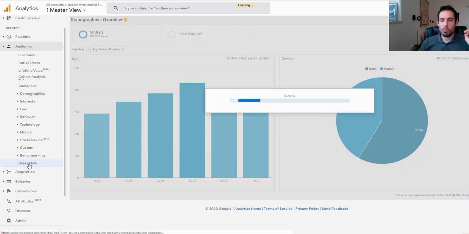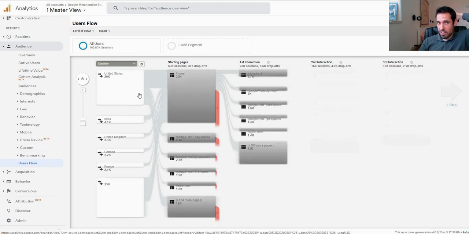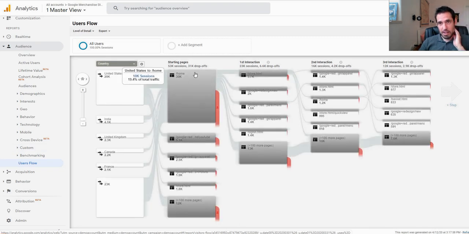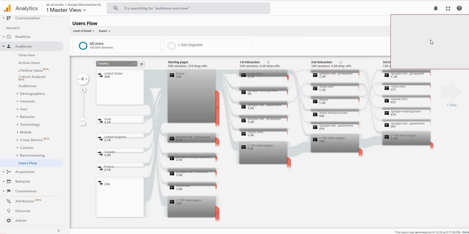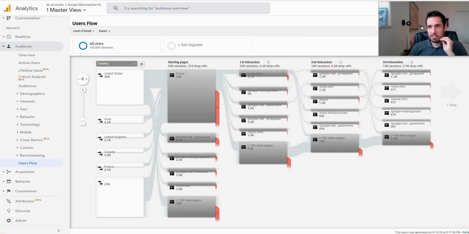But one thing I would like to show in this video is the user's flow. The user's flow is very interesting. It basically shows you, for this timestamp, what was the user's behavior on your website. So you can see a lot of them arrived from the US to the homepage, and then you can see data